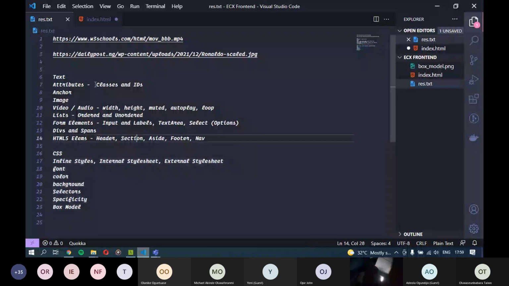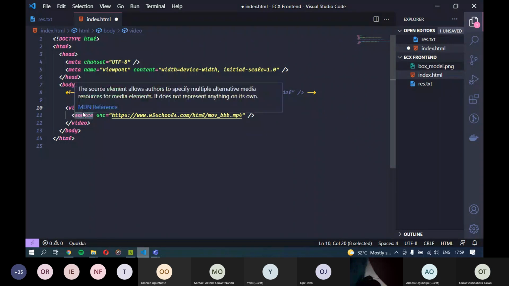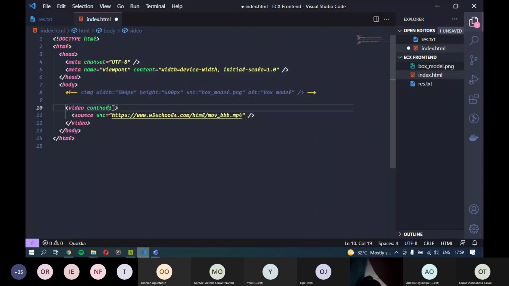So controls basically gives us access to all the controls of that particular video. The regular things that you have, your scroll bar, your track bar, the thing that you use to basically select the time that you want to jump to inside of the video. Then your pause, your play, your full screen, all those normal ones. Yeah, that's what controls does for us.